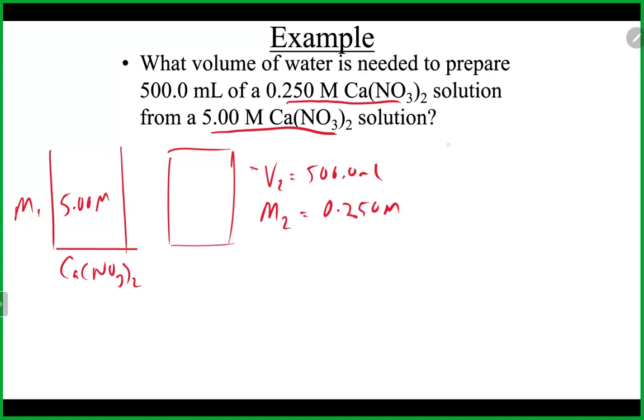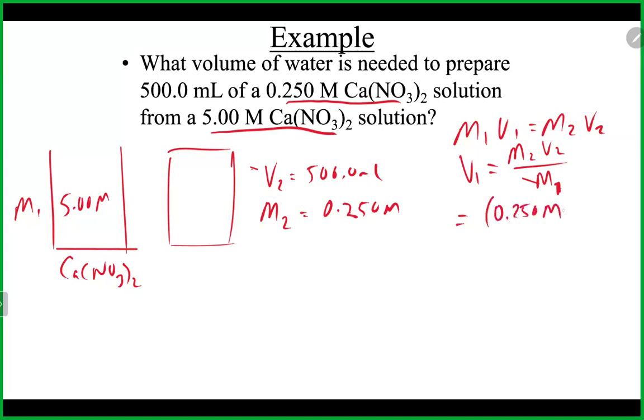Once again, that is going to be our M1 V1 equals M2 V2, or your C1 V1 equals C2 V2, your choice. Here again, we do not have V1, so we're going to solve for V1 by dividing the M1 to the other side. That is going to get us V1 equals M2 V2 over M1. And we'll put our numbers in. We got